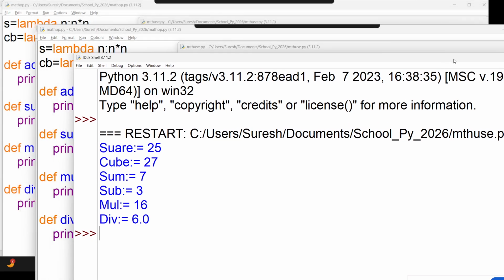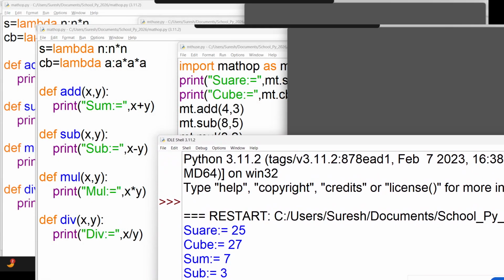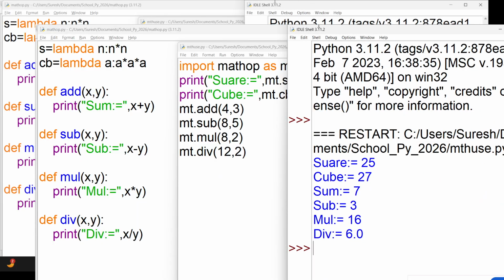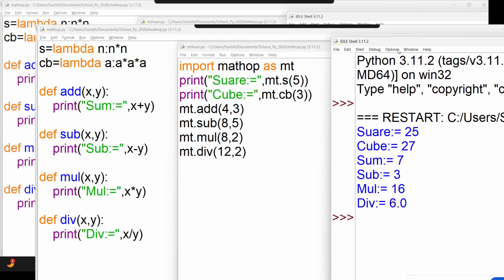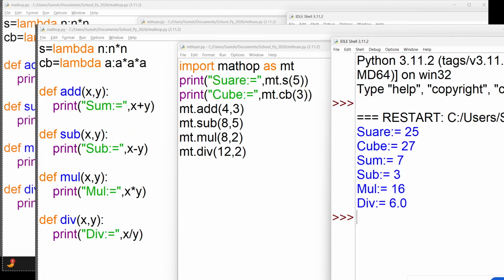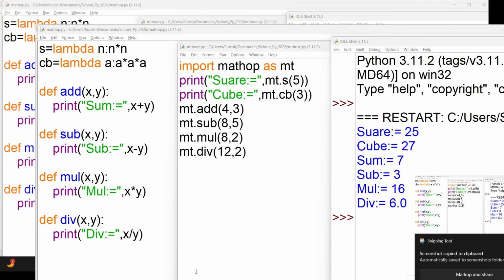So like that, you can create your own user-defined functions and get the answers. The concept is very clear. Got it?